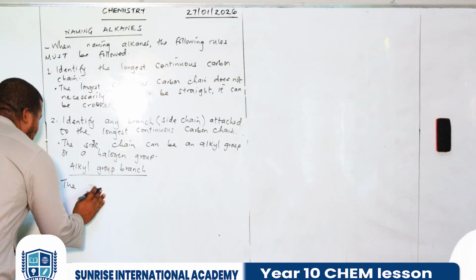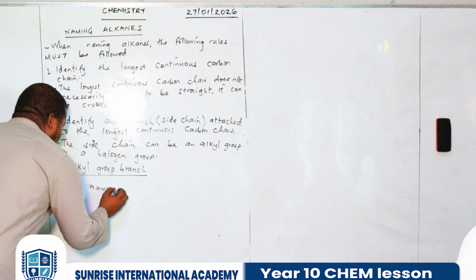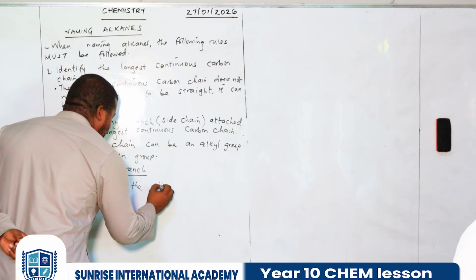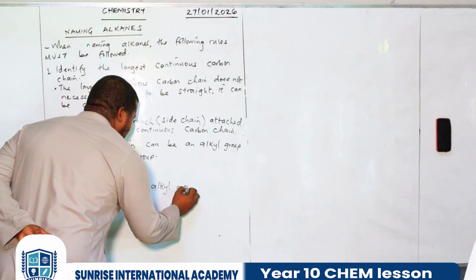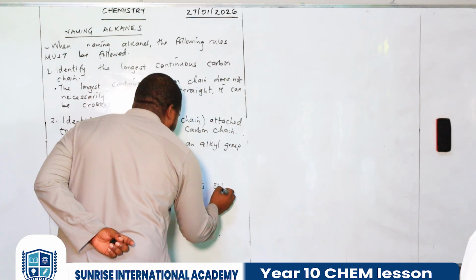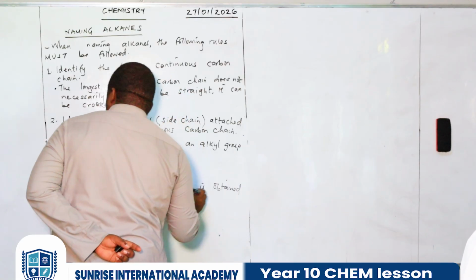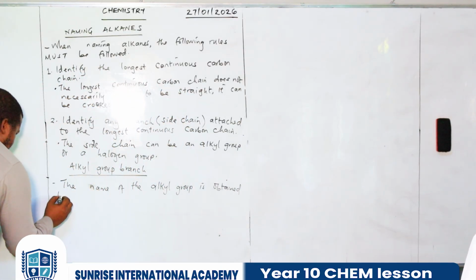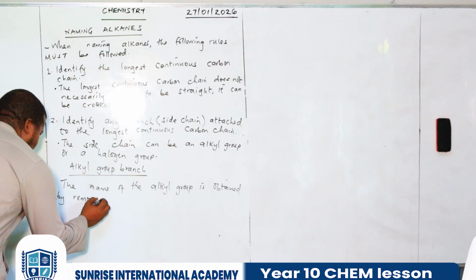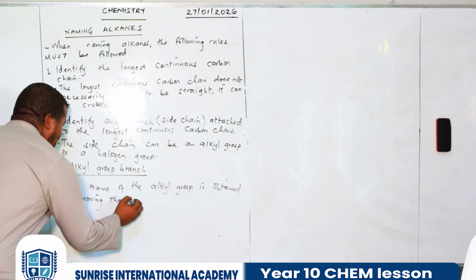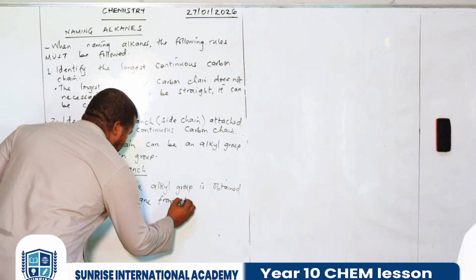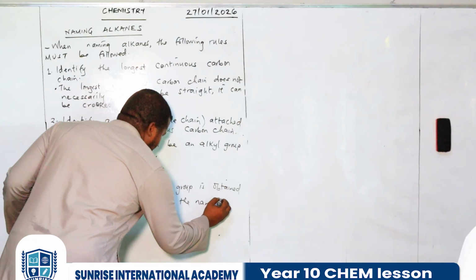The name of the alkyl group is obtained by removing the A and E from the name of the alkane